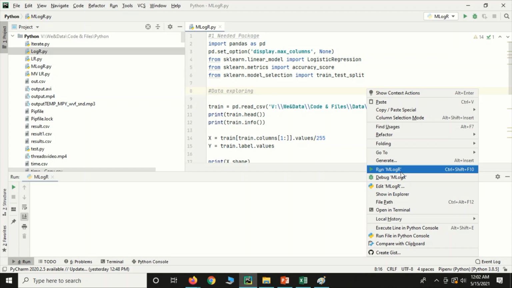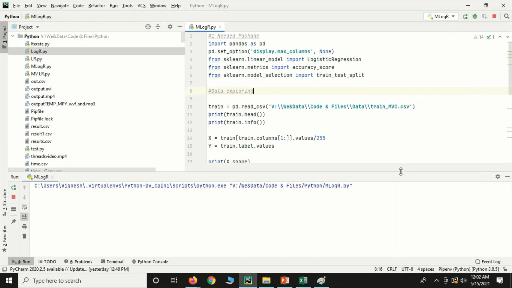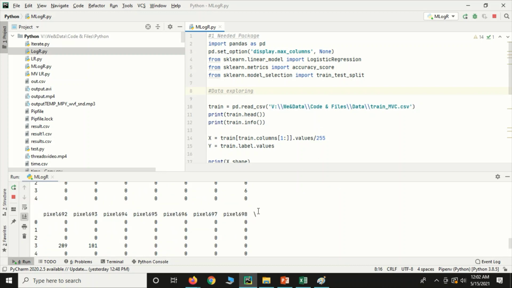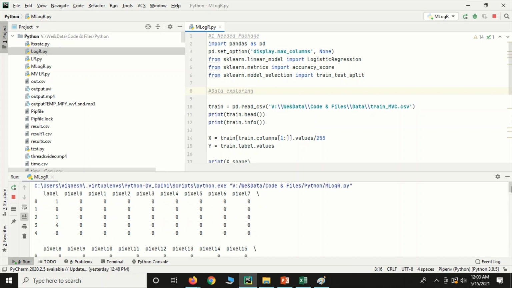Right click, run the file. It started to run now. We are printing the head alone, and the top 5 rows are printed.